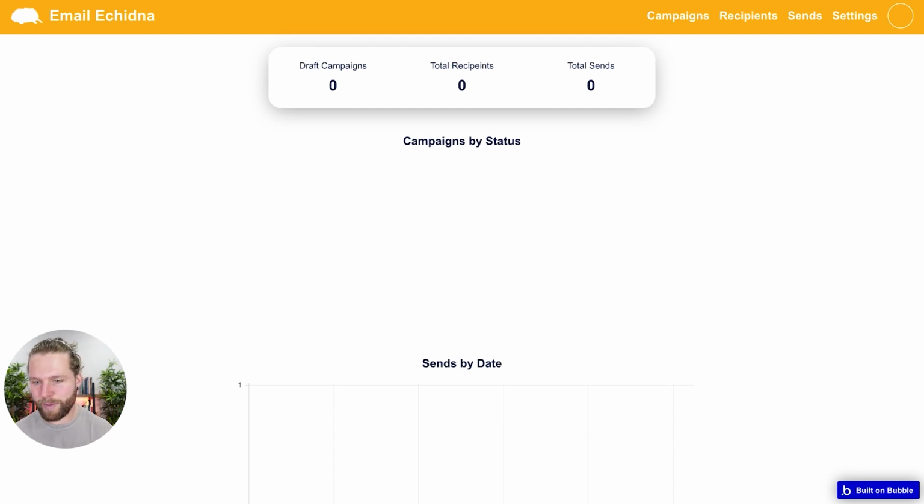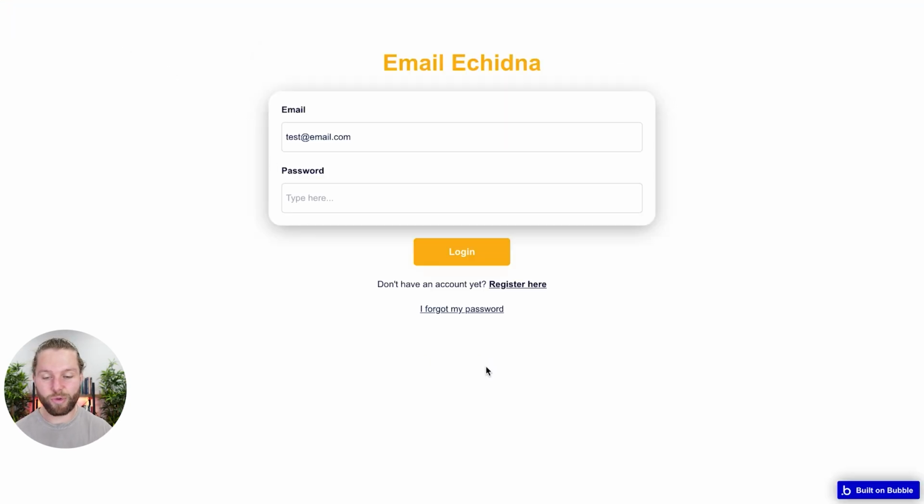Now, if I hit back, there are some other features that I do want to show you that we will be building later in our login page build. The first being this link, which redirects the user to the registration page if they don't have an account just yet. And the next is an I forgot my password prompt,